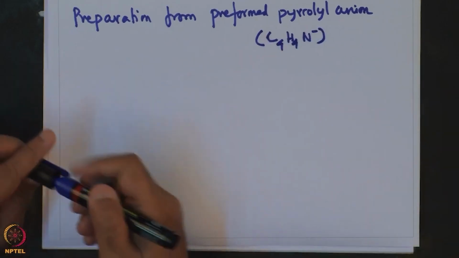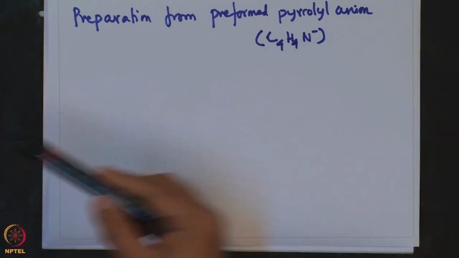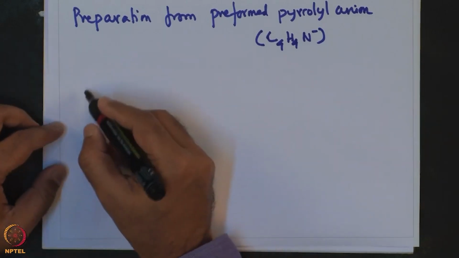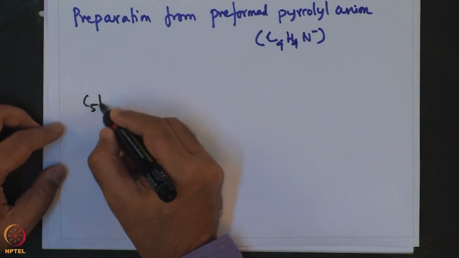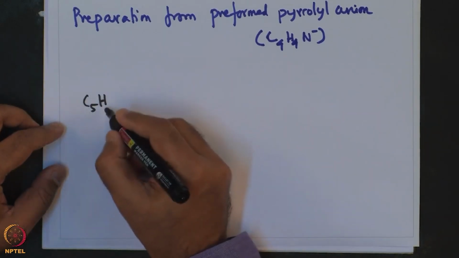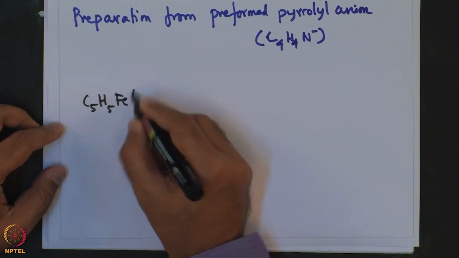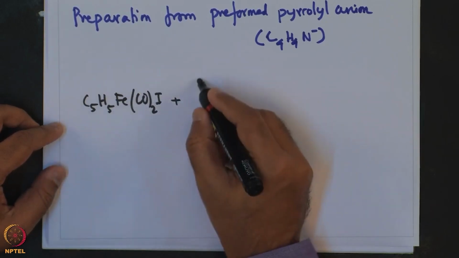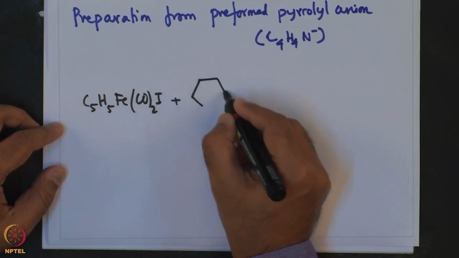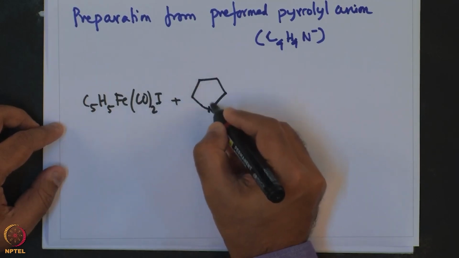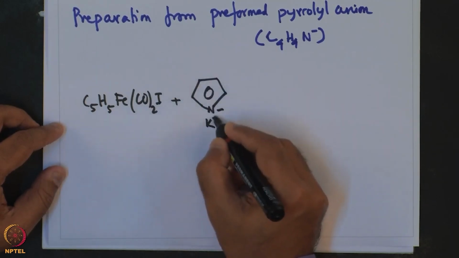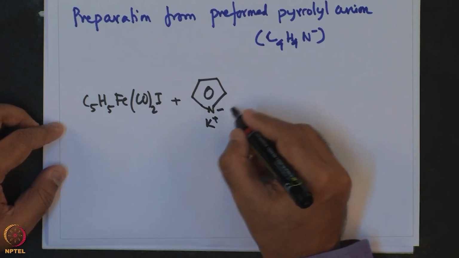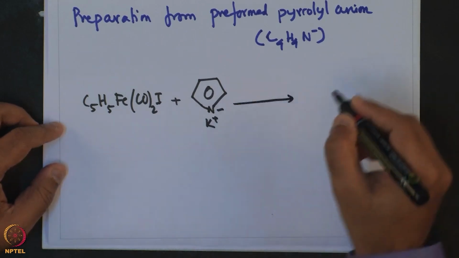The synthesis is a very simple reaction between Cp (C5H5) Fe(CO)2I plus sodium salt of pyrrole anion, giving